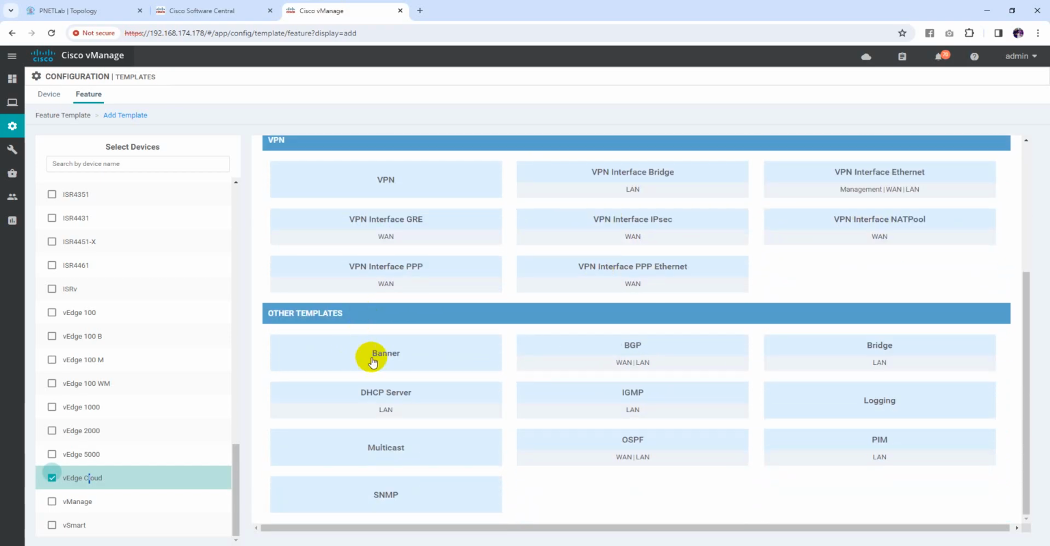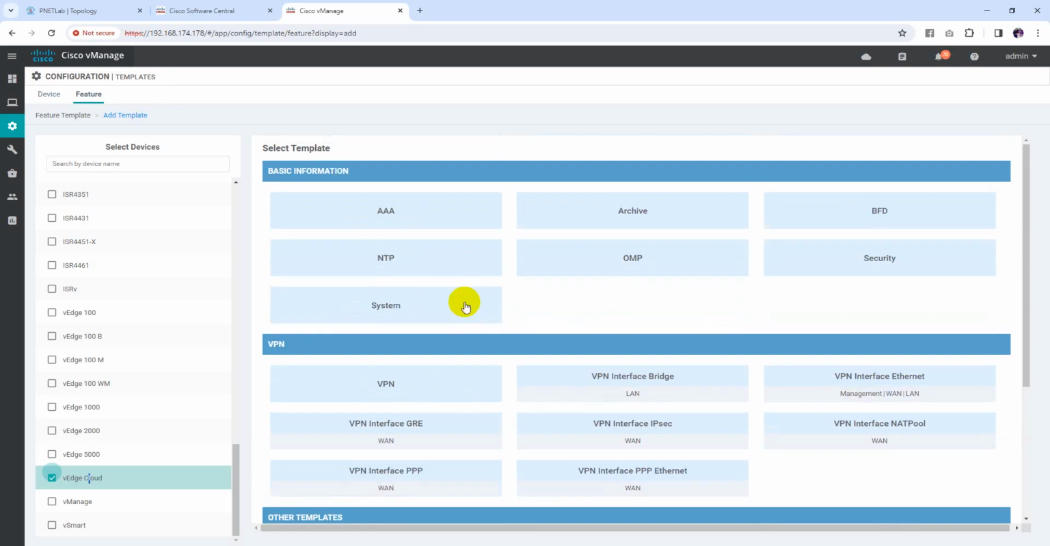Also we're going to use the banner and OSPF. I hope this is clear. So let's start with the first